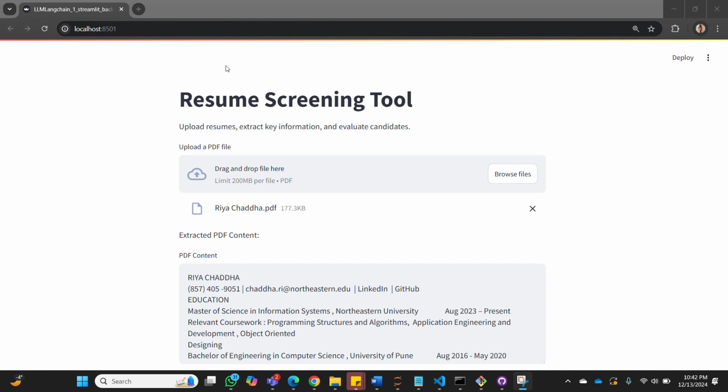Automated interview scheduling. Imagine a recruiter being able to not only shortlist candidates but also schedule interviews directly through the app. This feature would integrate seamlessly with calendars and save even more time. Handling non-standard resumes. Many resumes contain tables, graphics, or unique layouts that make extraction challenging. We plan to improve our tool's ability to process these complex formats, ensuring accurate data extraction regardless of how the